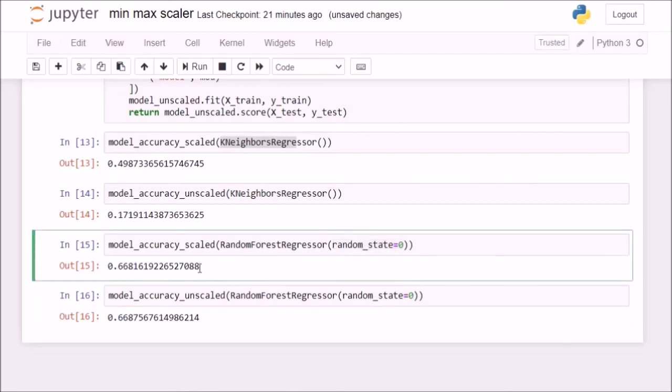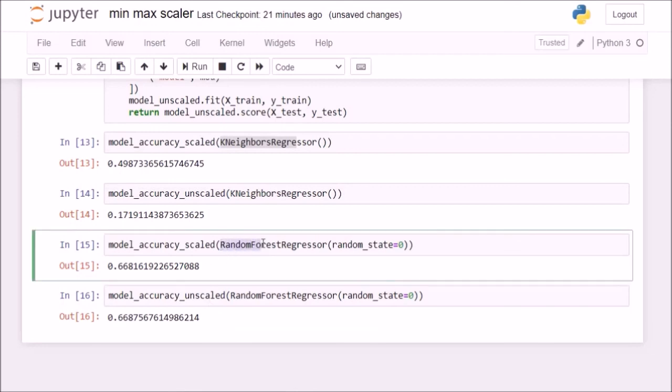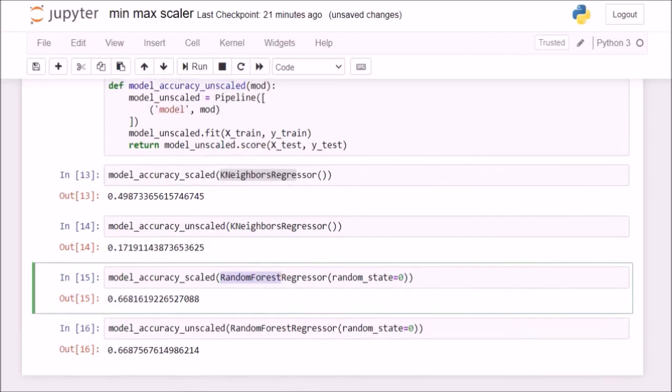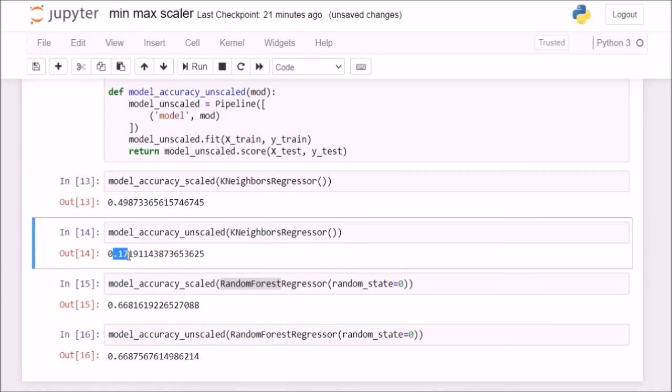So whether we scaled our data or not didn't really matter for the random forest regressor, or basically any tree-based model. It won't make any difference whether we use scaled or unscaled data. But for a linear model, we just have to use a scaler to transform our data first and then pass it to our machine learning model.